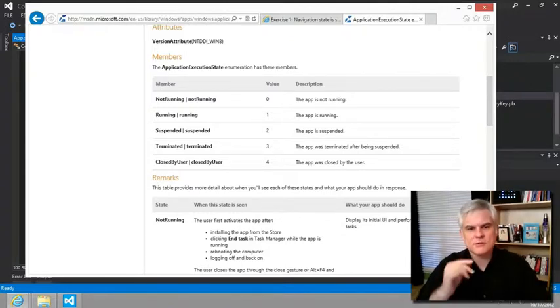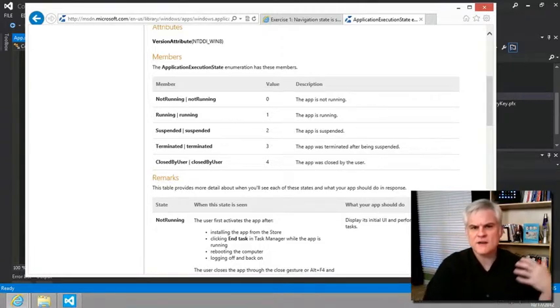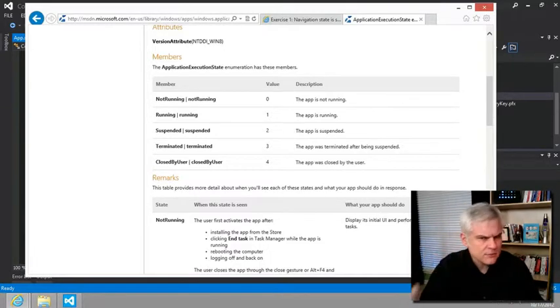So for example, if we were looking at this and we might want to understand the difference of NotRunning versus Terminated, we could see here the explanation that the app may have been downloaded from the App Store but not executed yet. Okay, makes sense. That's a helpful distinction for me if I ever need it for my